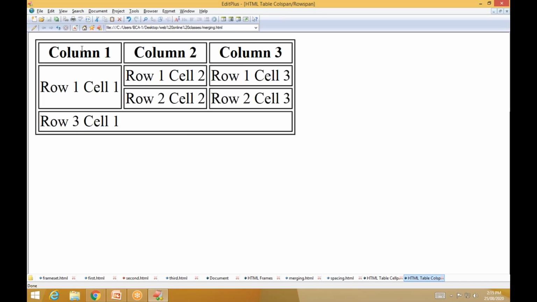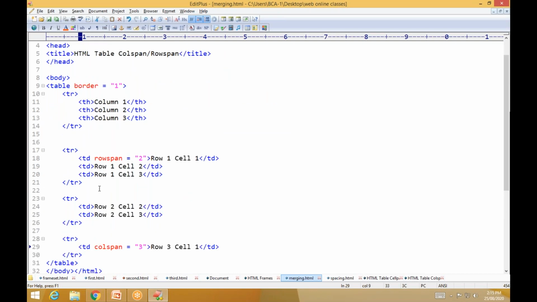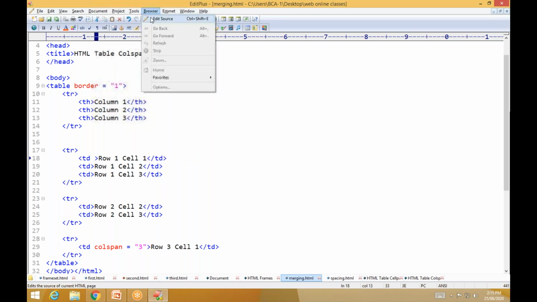But here there are 3 columns, and here only one column, that is called column span. I'll show you how it will work. First I want to remove this, then save. I want to edit this one.